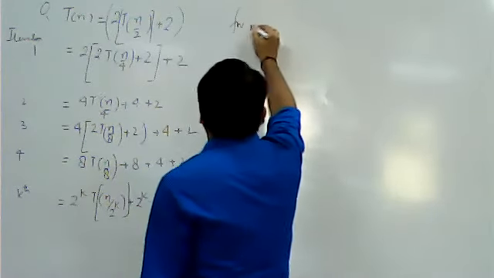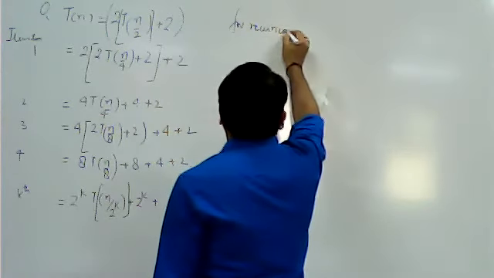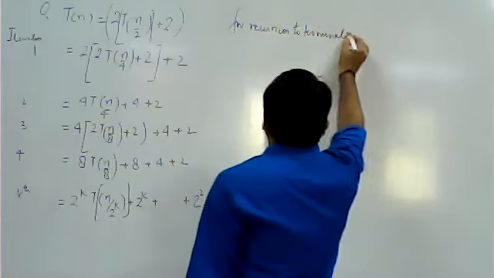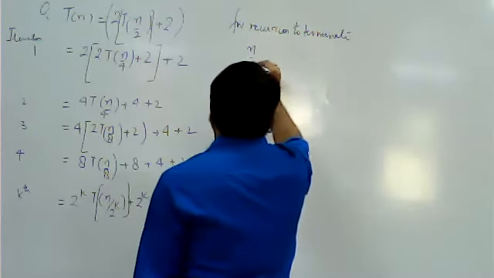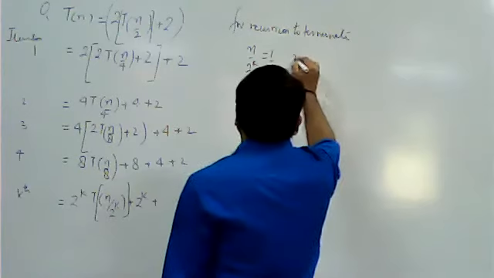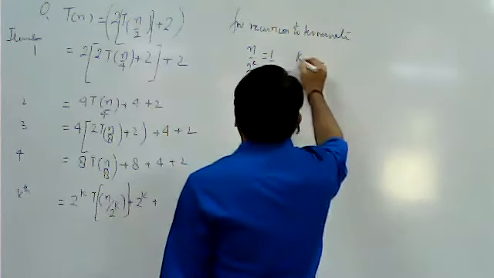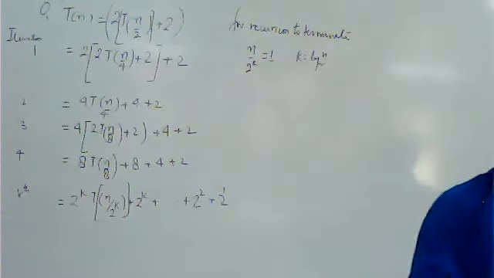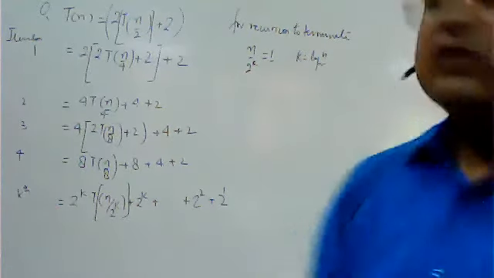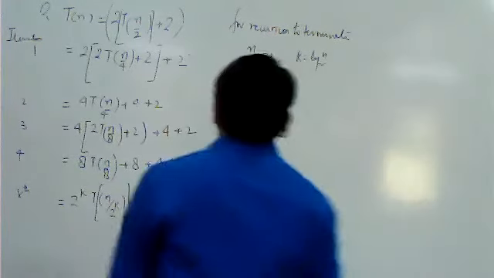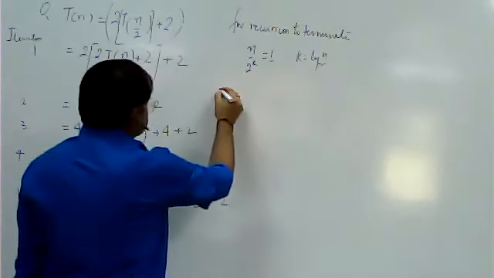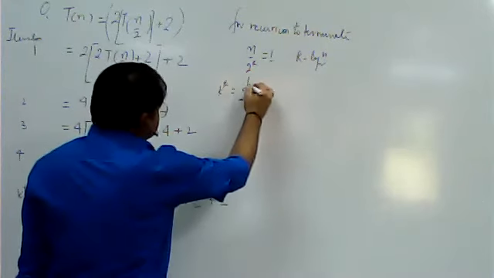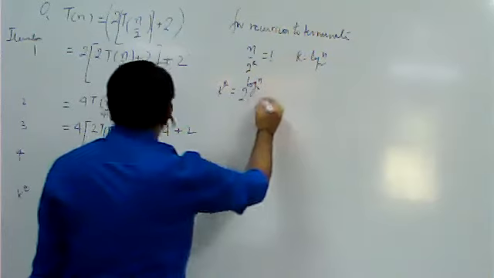So for recursion to terminate, n upon 2 to power k is equal to 1. It means k is equal to log n base 2. So k is equal to log n base 2. Okay. So we'll put the value of k here. So what we'll get? In kth iteration, if we put the value of k, 2 to power log n base 2